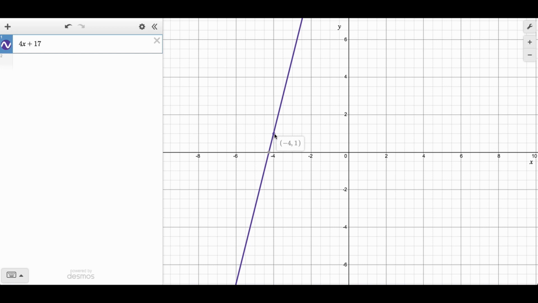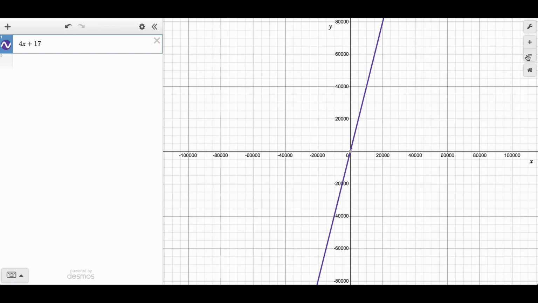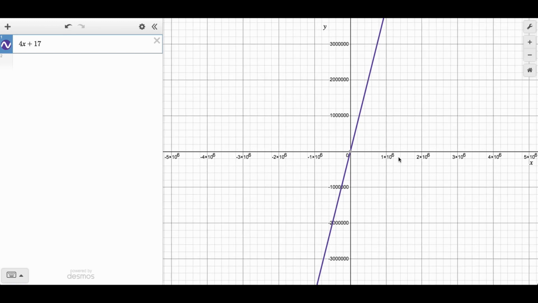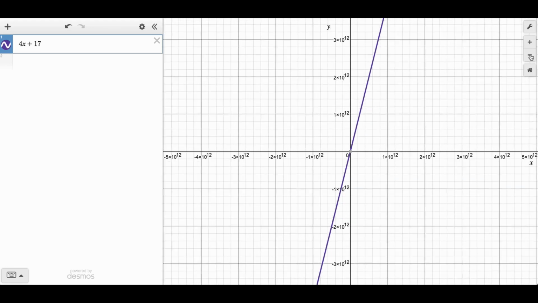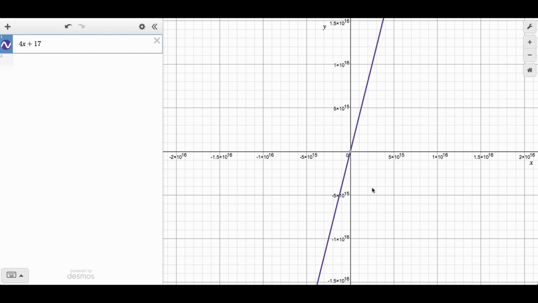This is what your coordinate does, and it does it for every single real number on the x-axis. So this line actually goes on forever, like this. No matter how far I go, even to the 100,000s or millions or even billions, it's always going to be there. This line is never going to end. And that's the definition of a line. A line goes on forever in both ways. A line segment is the finite one.